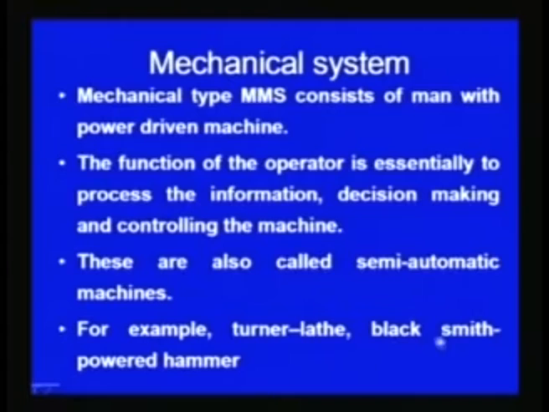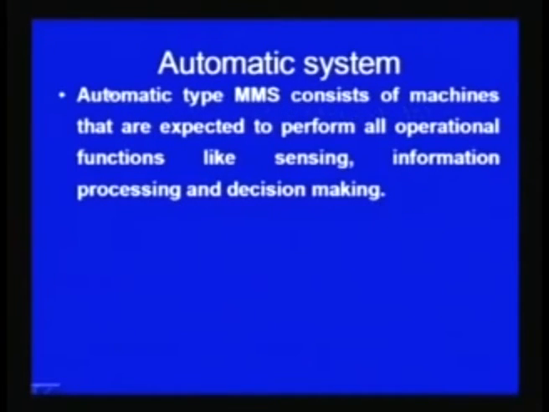In the same way, the blacksmith uses the powered hammer to get the desired size and shape of the raw material. So, such kind of systems are called semi-automatic systems, in which the power required for success of the operation is delivered by the power driven machine or the electric motor itself, while the control function is basically performed by the operator. In the automatic man machine systems,